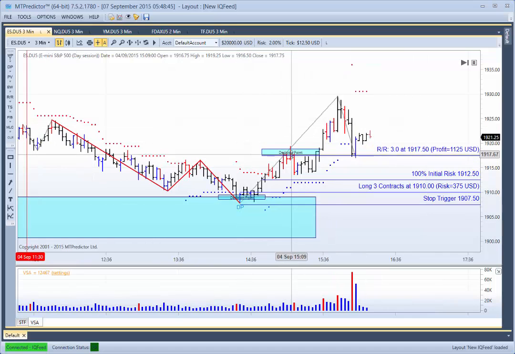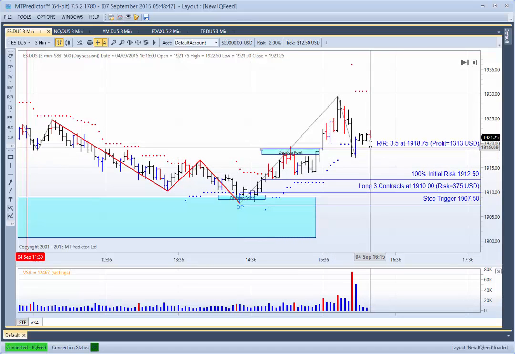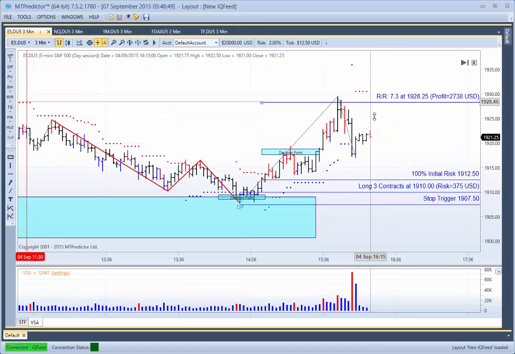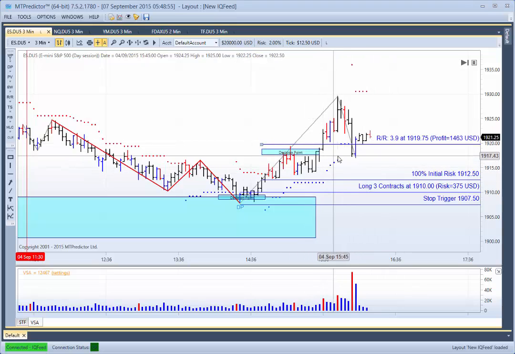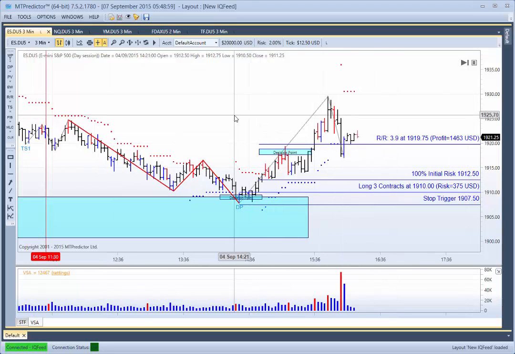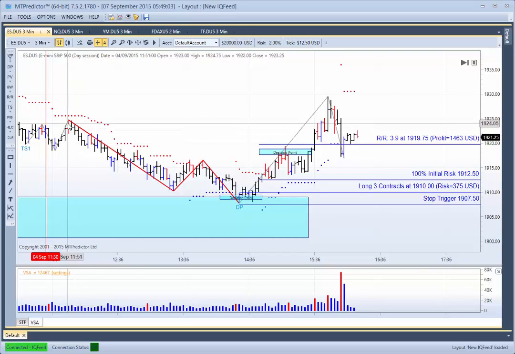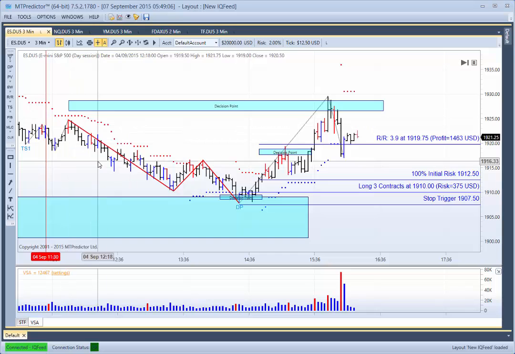So rather than coming out at the first target, you could then want to hold it a little bit longer. If you'd held it into close, it would have been a nice 4-hour profit. If you trailed with the 80-hour stop, which is our red and blue dots, you'd have come out with approximately 9R profit. Or if you'd come back to this prior minor pivot high here, remember I don't normally suggest using